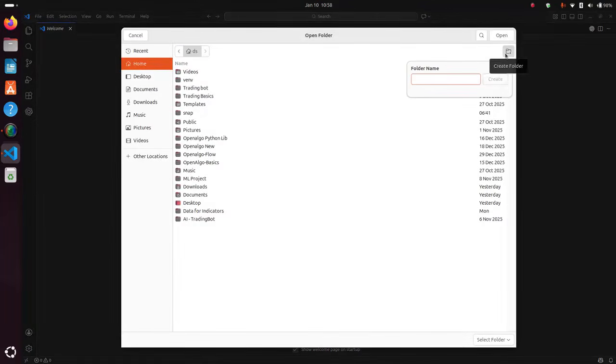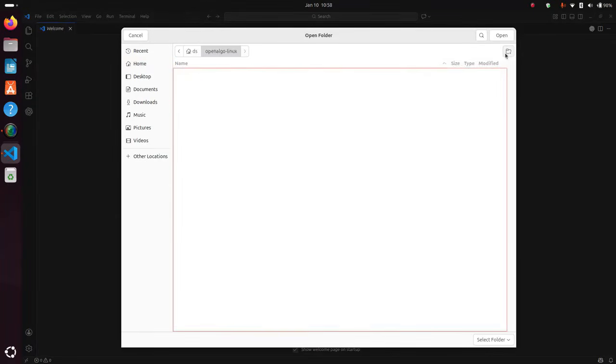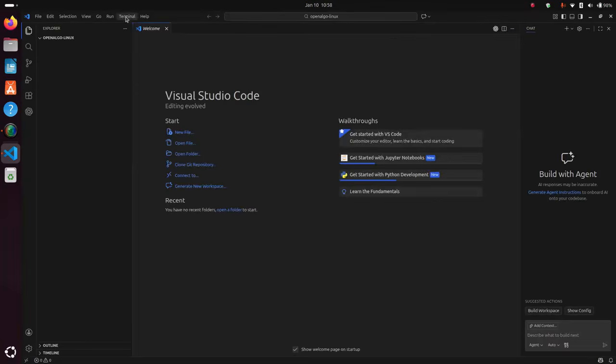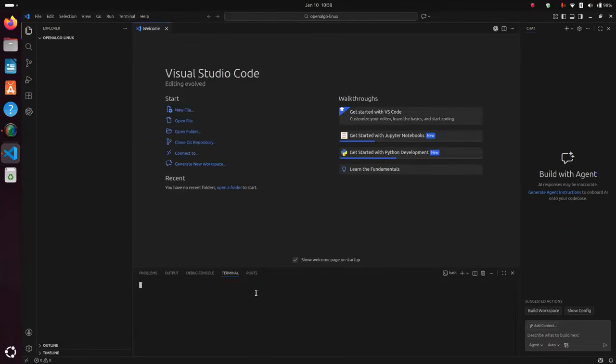I'm going to create a new project folder name. So let's call that OpenAlgo-Linux. The name can be anything. And once the new folder is created, I'll go to the terminal, and from the terminal,